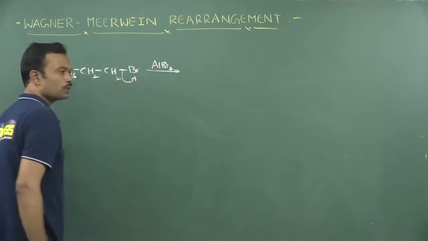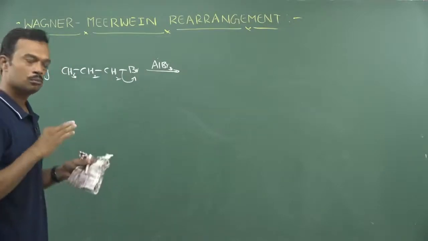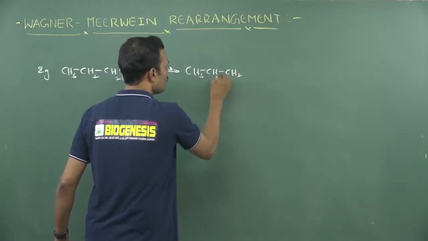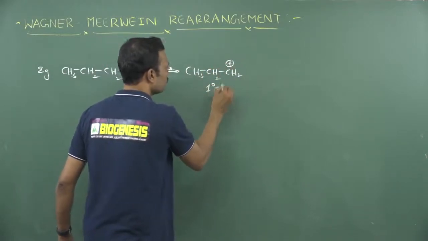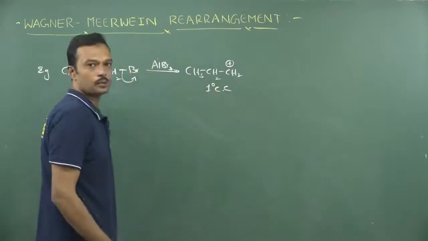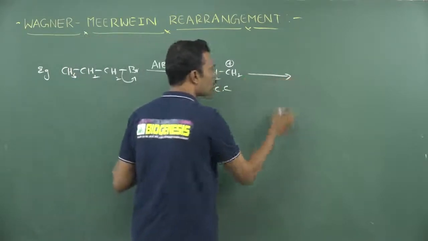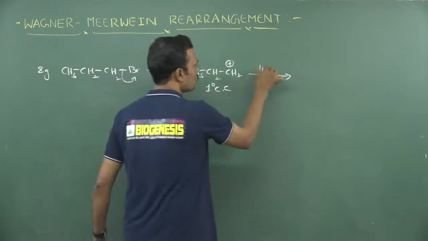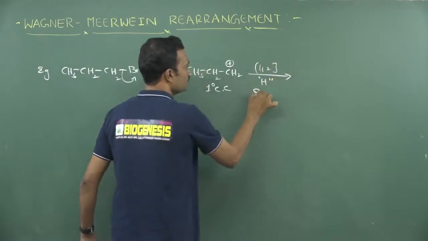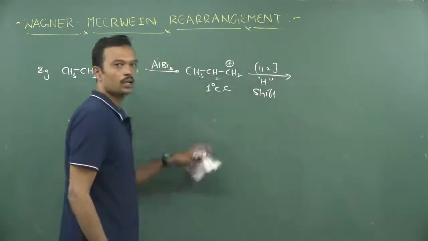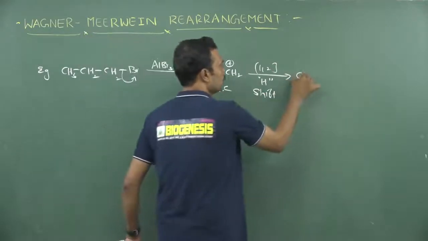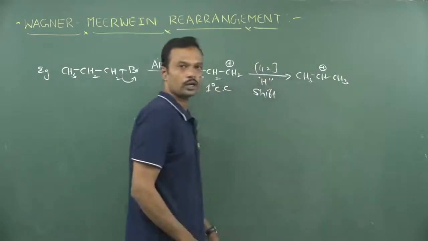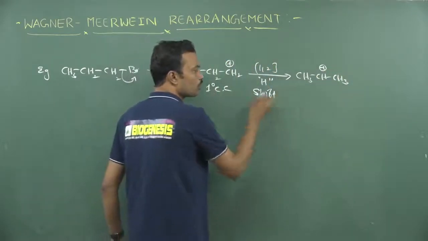First the carbon-halogen bond undergoes heterolytic fission, then there is a formation of a carbocation like this. Now initially we are getting a primary carbocation. Then apply Wagner-Meerwein rearrangement. Wagner-Meerwein rearrangement is also a 1,2 shift reaction. From the adjacent carbon, one hydrogen is migrated from here to here. So that is called a 1,2 hydrogen shift. After this hydrogen shift, you will get a stable carbocation. That carbocation stability is greater than the initially generated carbocation. So this is called Wagner-Meerwein rearrangement, from here to here.